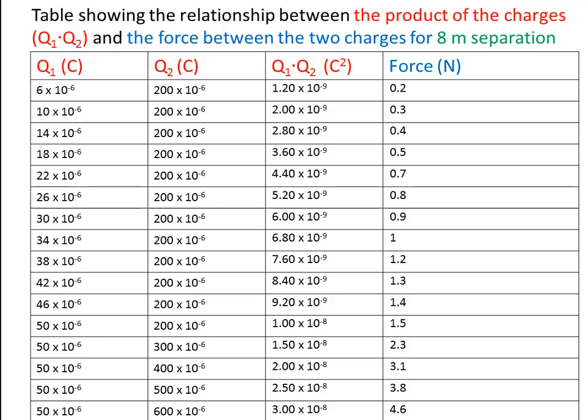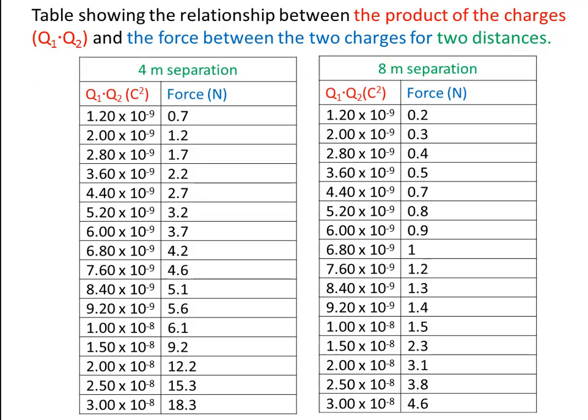Now what do you notice as you compare the two tables, the 4 meter one and the 8 meter one? It will help us to put them next to one another. So I've taken out the columns Q1 and Q2. We don't need that. We just need Q1 times Q2. So in each case, the independent variable is Q1 times Q2, measured in Coulomb squared, and our dependent variable is